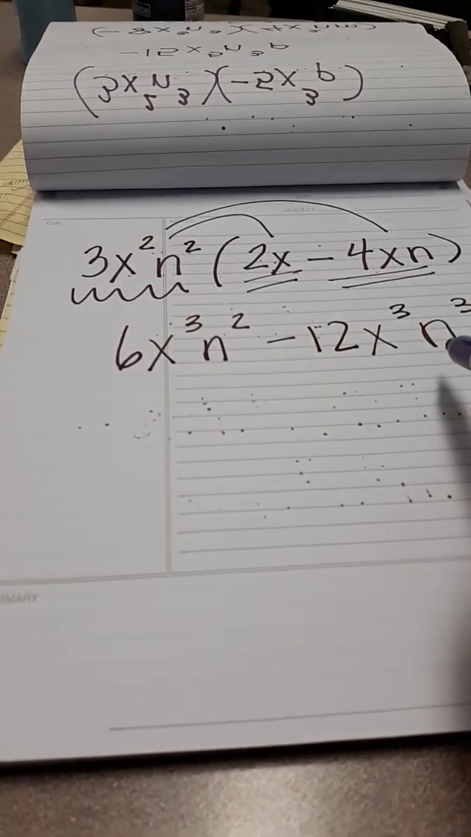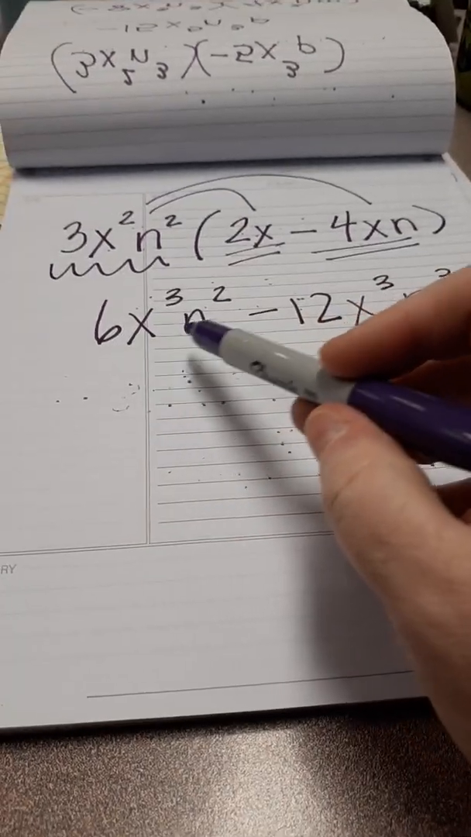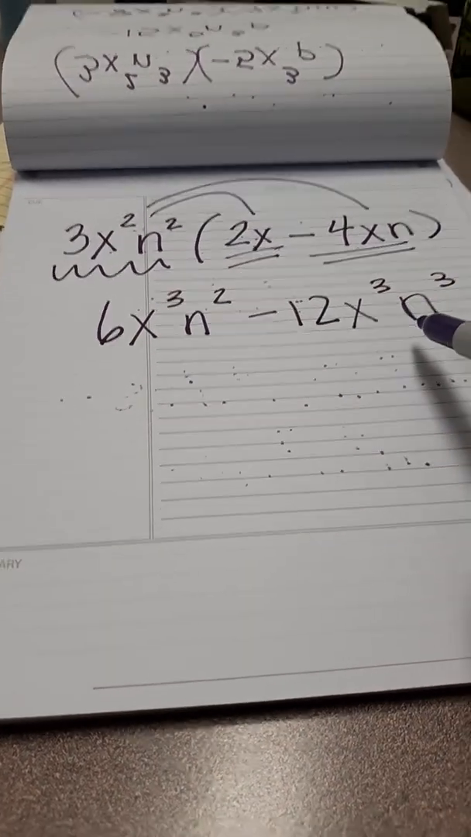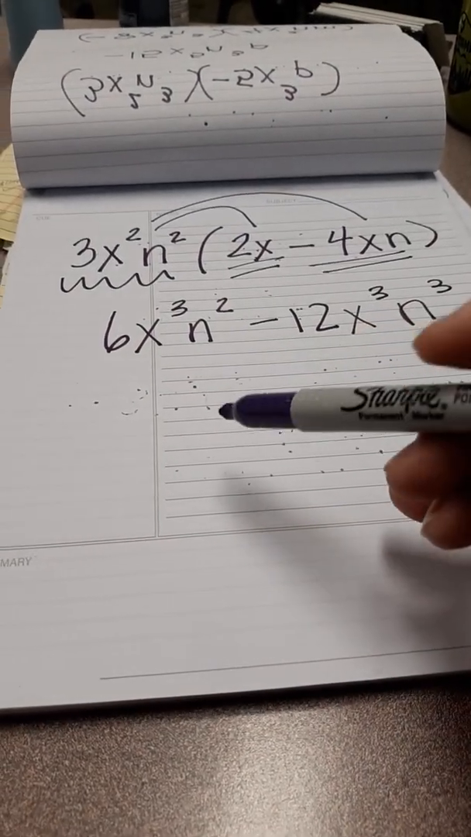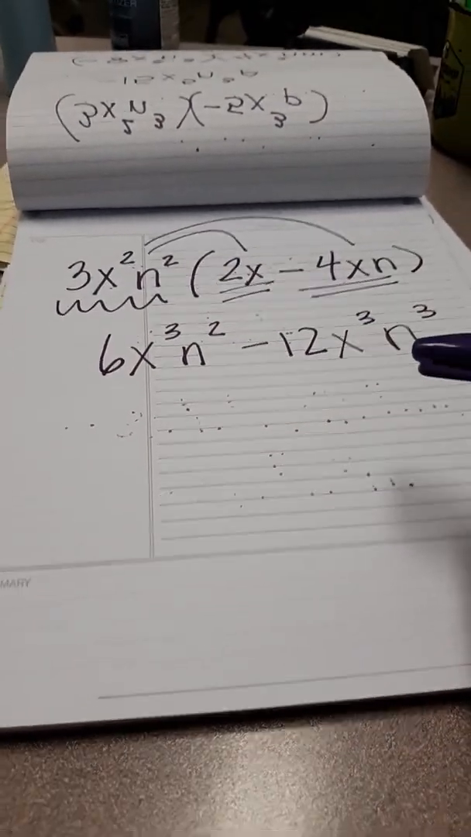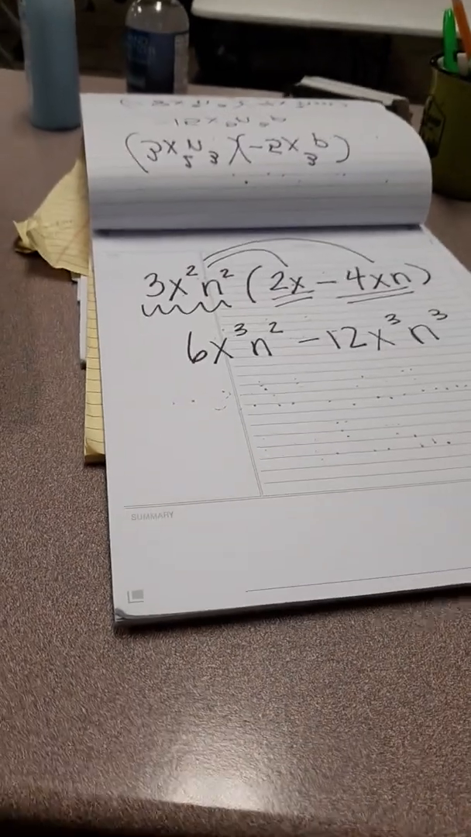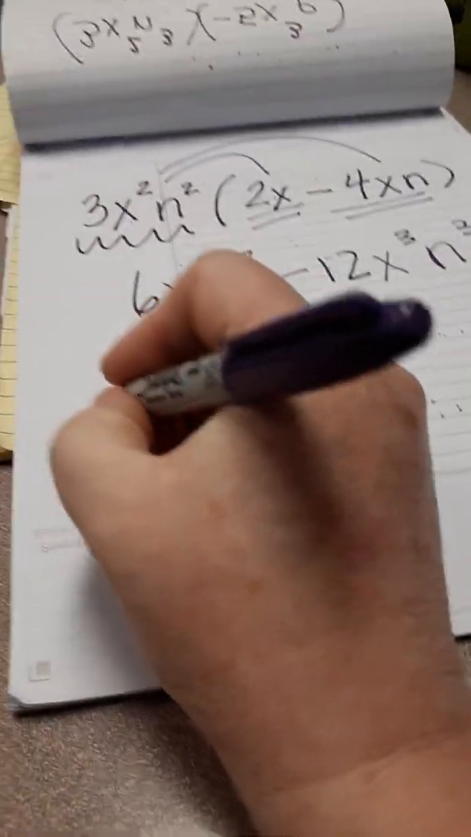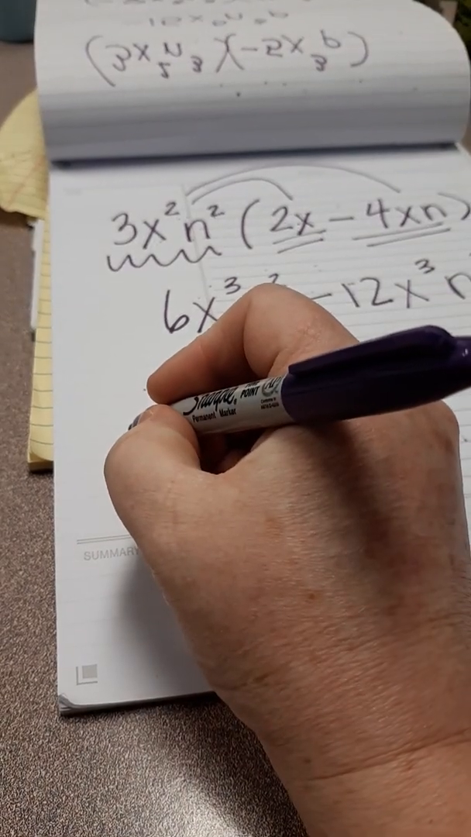Okay, are these like terms? No. This has 3 x's, 2 n's. This has 3 x's, 3 n's. Leave it alone, you're done. Okay, so this skill is practiced at the bottom of page 52. And if you have something like on 52, number 2,